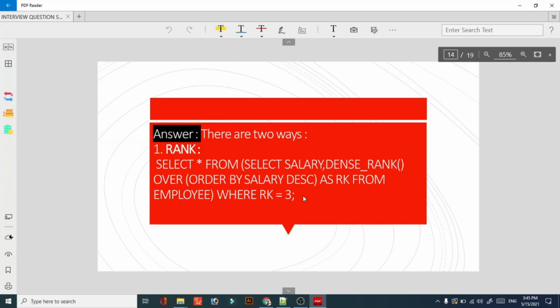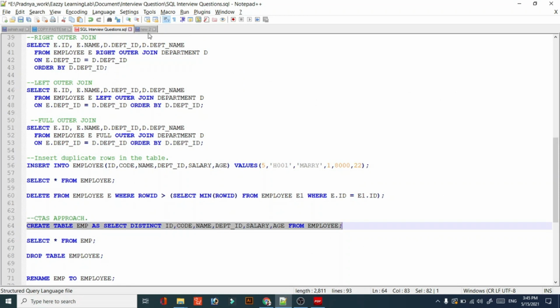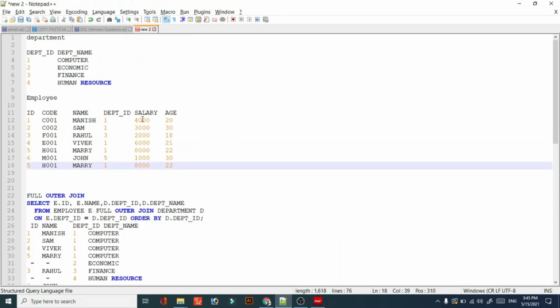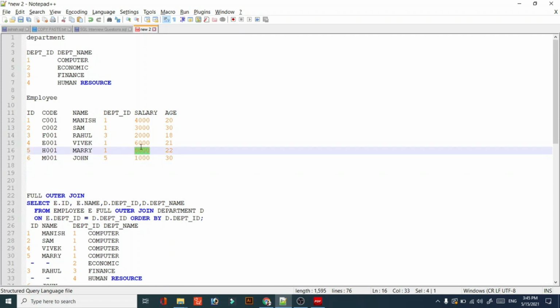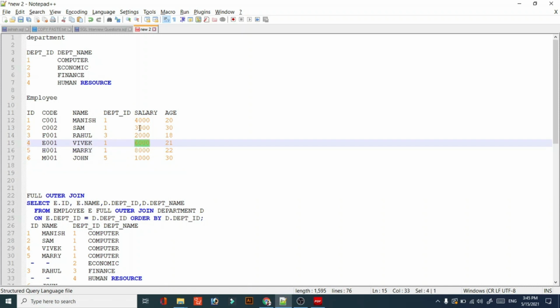So let's try it. We have an employee table, correct? I will just go to the data set so you can easily see. So we have this table, okay. I will just remove this record because this duplicate record has been deleted. So friends, we have these records. If we need the third highest salary, what is the third highest salary? Where is it? First is 8,000, second one is 6,000, third one is 4,000. So this is our